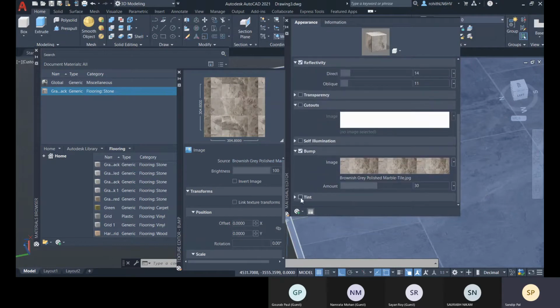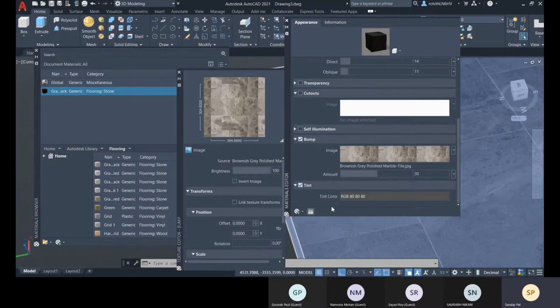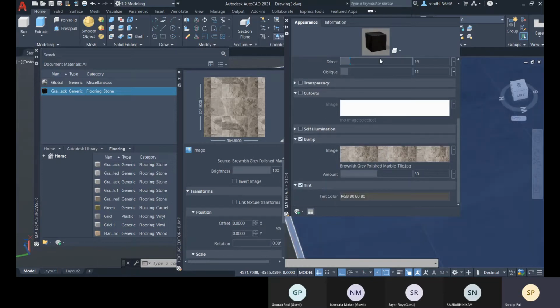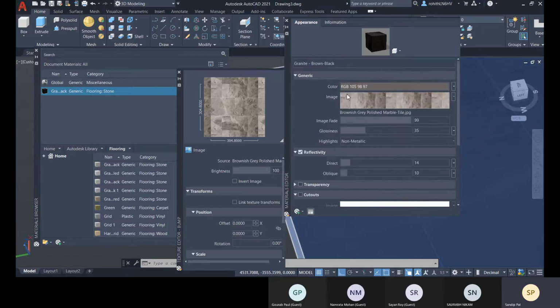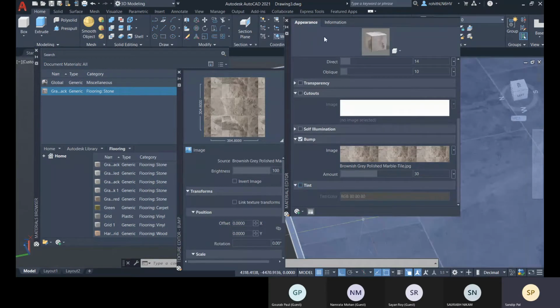Okay, and tint is for creating a darker shade of your material color. So if you choose tint, you will get the darker color, or the two colors mixed, or the darker shade of your color, so you can go with this tint option.